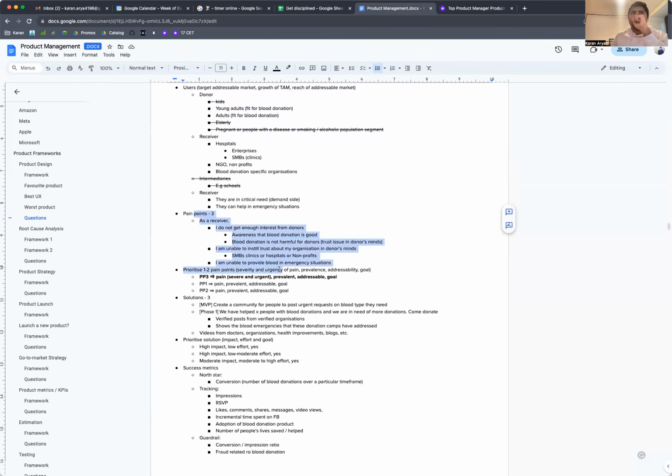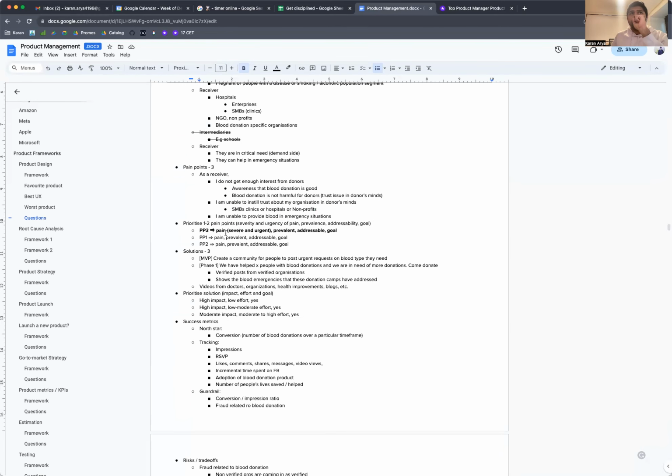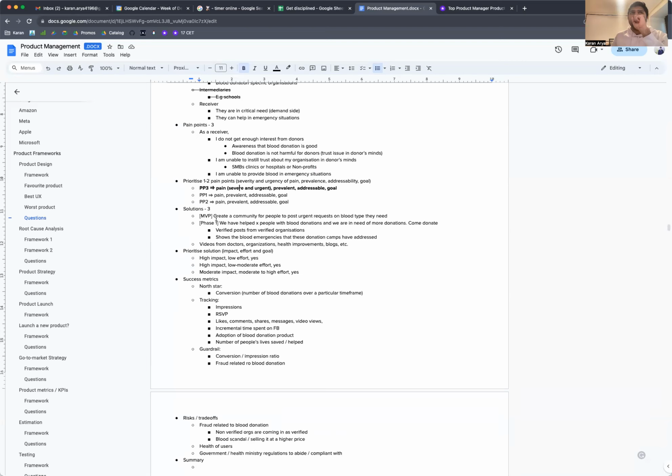We looked at multiple pain points from an organization perspective. Solved for a pain point which is related to not being able to provide blood in emergency situation, and started with that pain point as the biggest priority, built up solutions for those, and addressed it with multiple solutions, created an MVP phase and a phase one